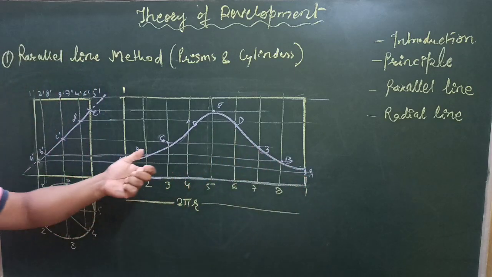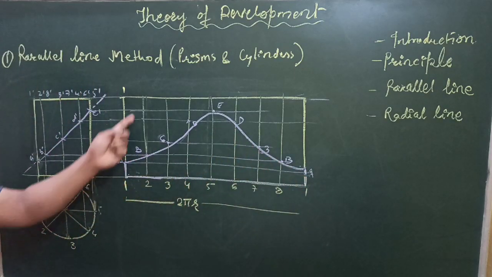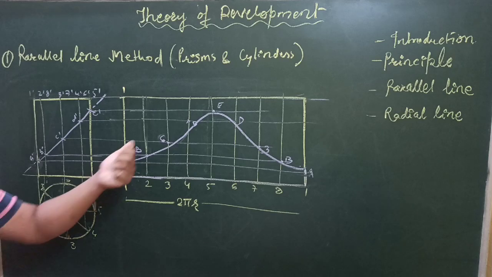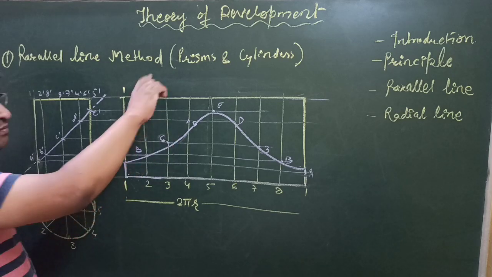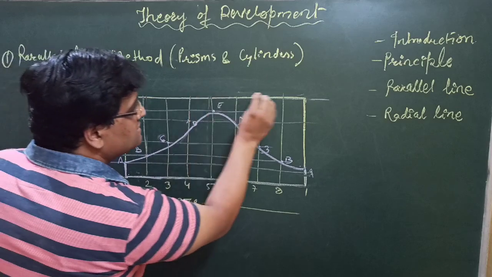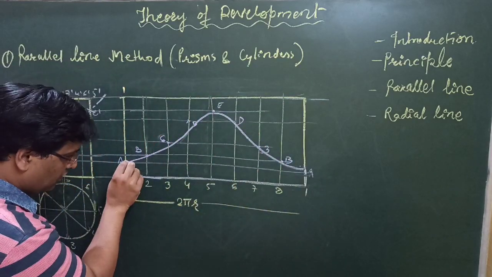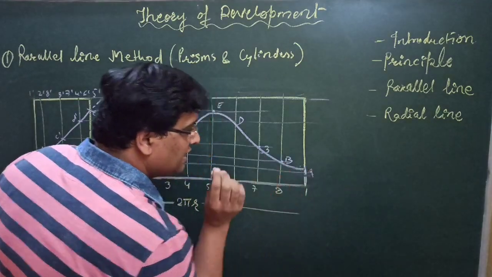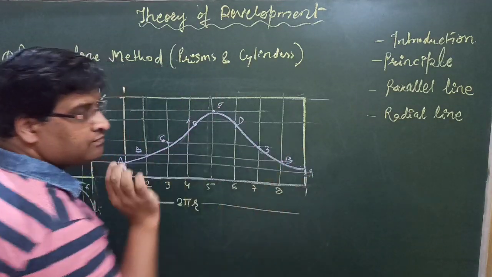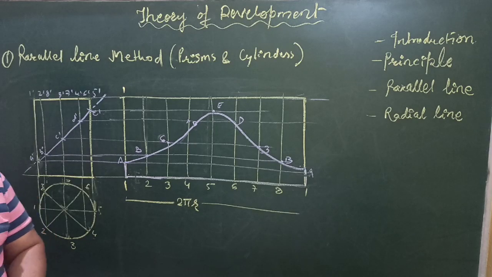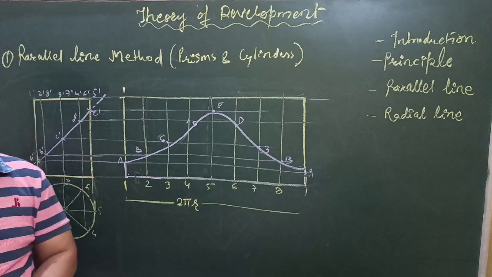They are the lateral lines of the prism. Here we have provided these lines by dividing this circle into some number of equal parts. So these lines are actually not here. So they should not be darkened. Only this line and this line to be darkened apart from the line of intersection. Or for lower part, only this line and this line to be darkened apart from this line of intersection. So in this manner you can develop any prism or cylinder using parallel line method.